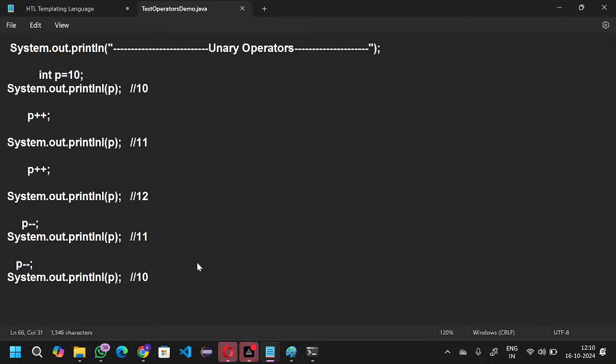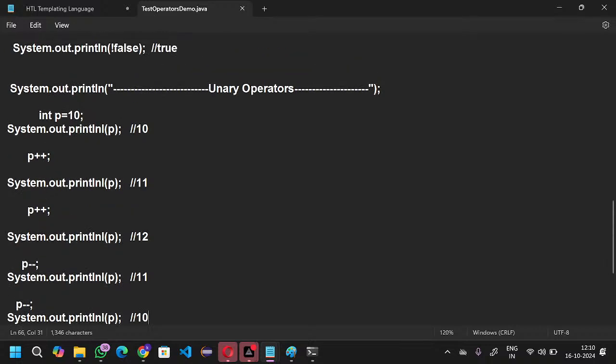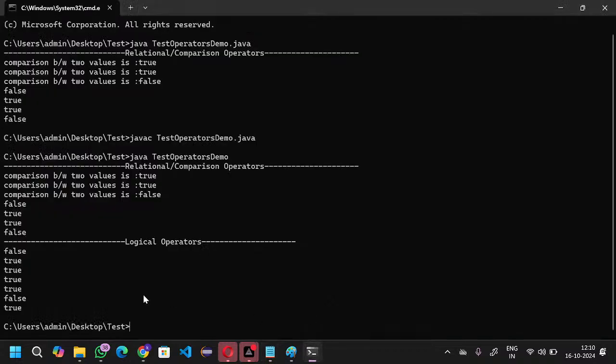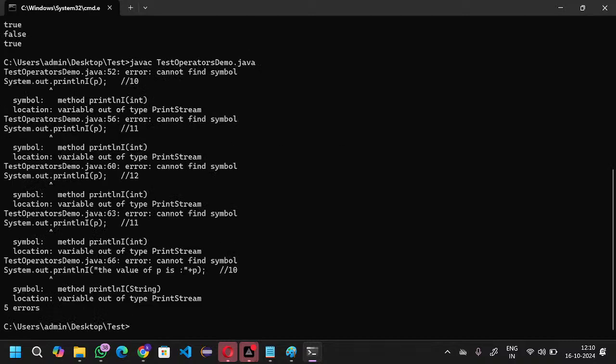The same scenario here, if you want, you can mention a string type also, like "the value of p is", you can mention it like this also if you want. Now I can save this one, and wherever the file is available you can go to that location. You can use the up arrow, and then you can see,